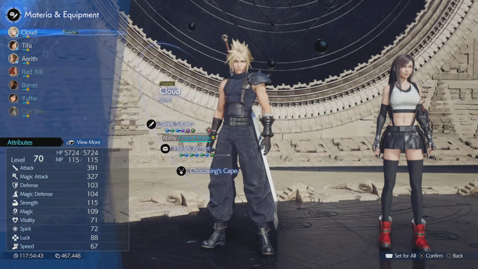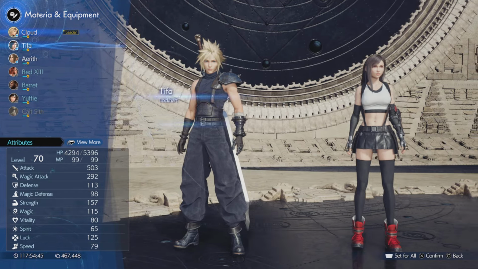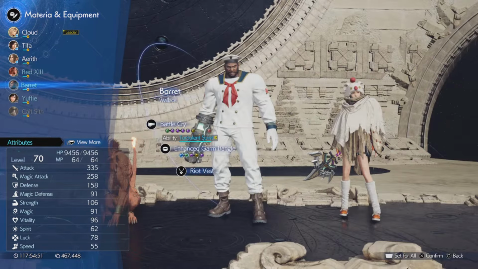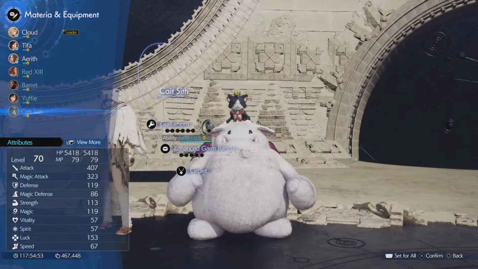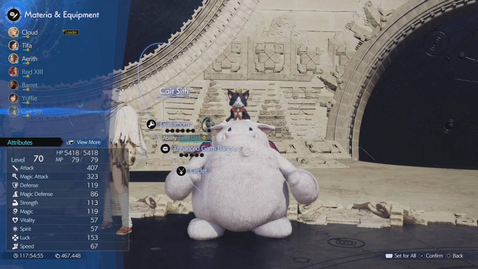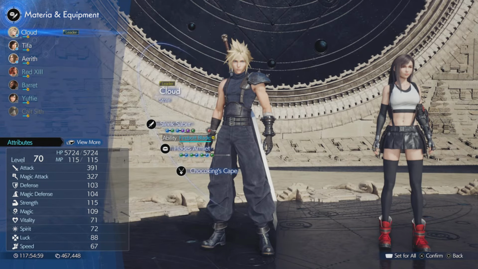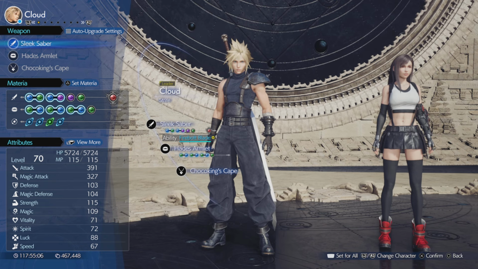At the moment, I've got Cloud, Tifa, Aerith in my party. You could change it to having Red or Yuffie or Barrett if you want. Obviously, Kate's not available because I'm playing Chapter 13, and for reasons, Kate's not available. But if you're wondering about the loadout or how you make this grind super trivial, believe it or not,